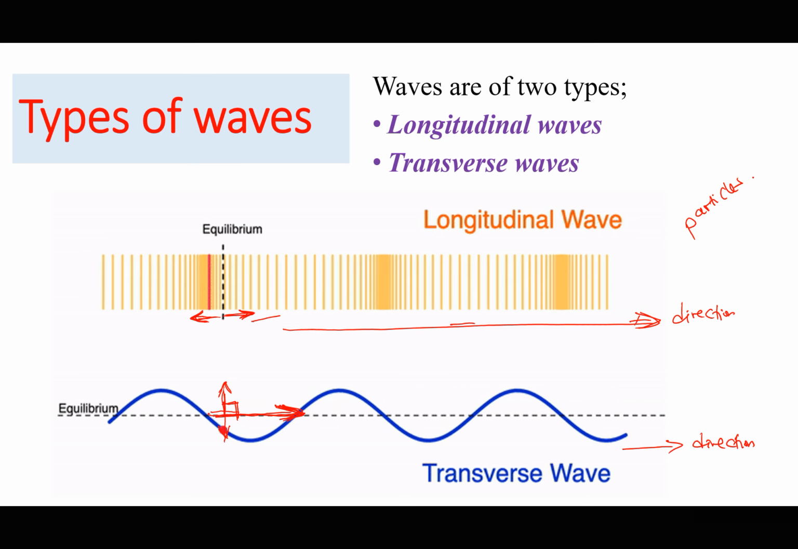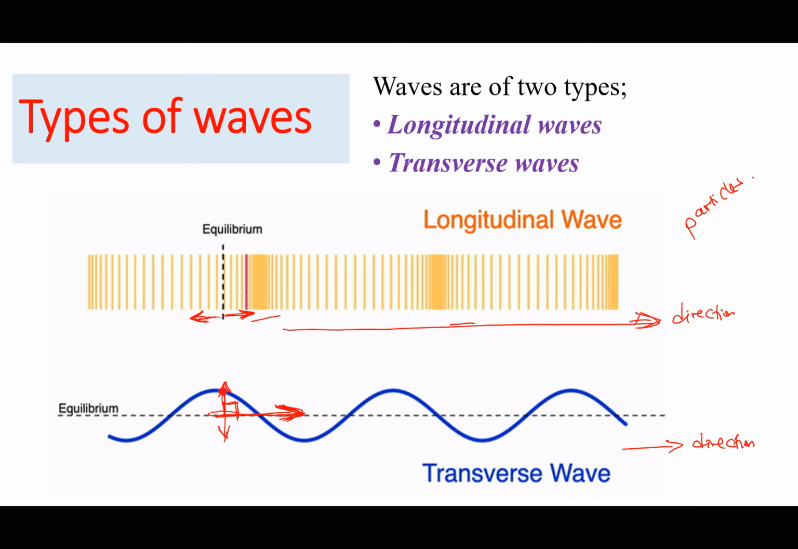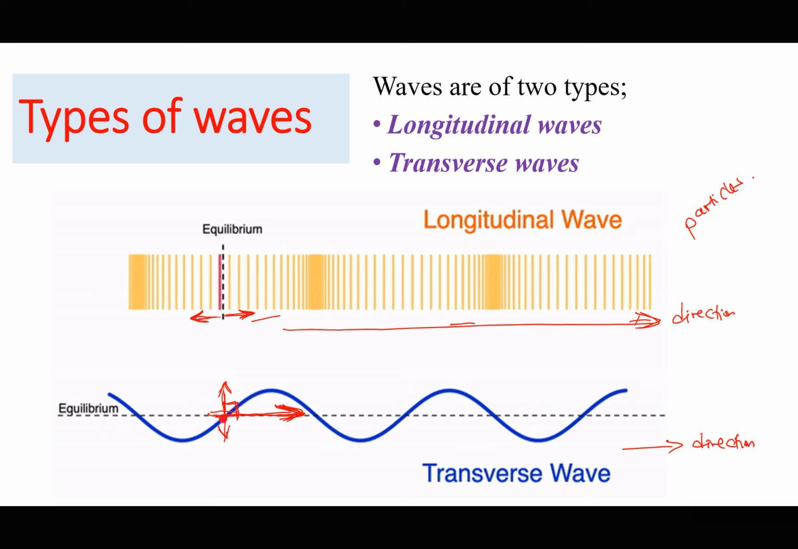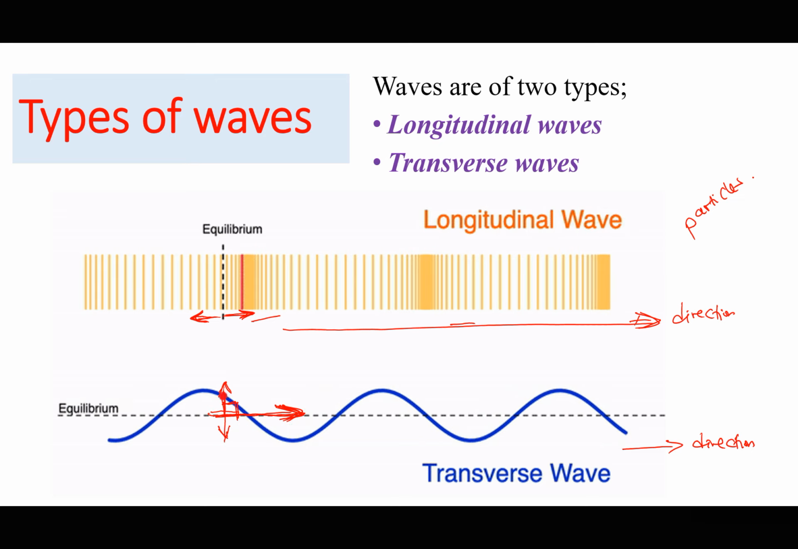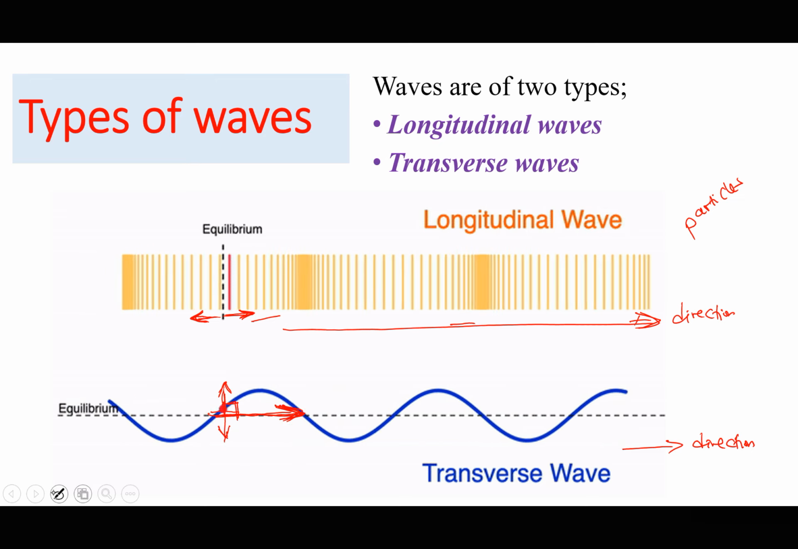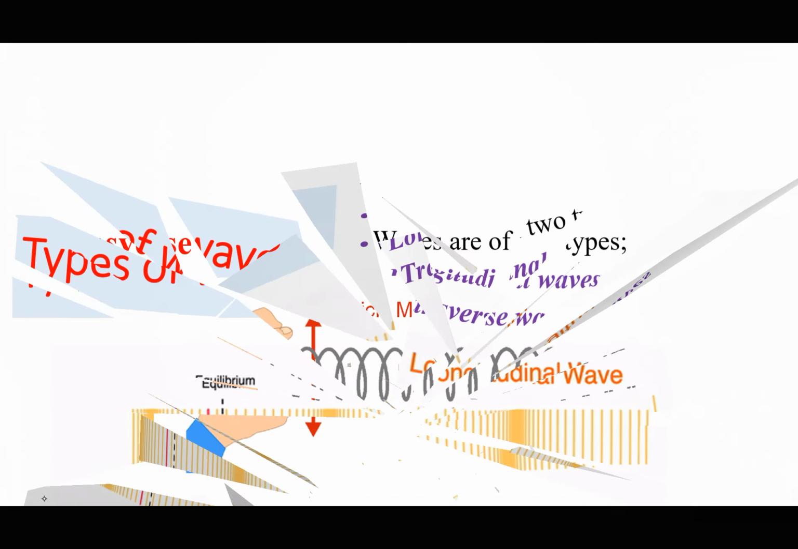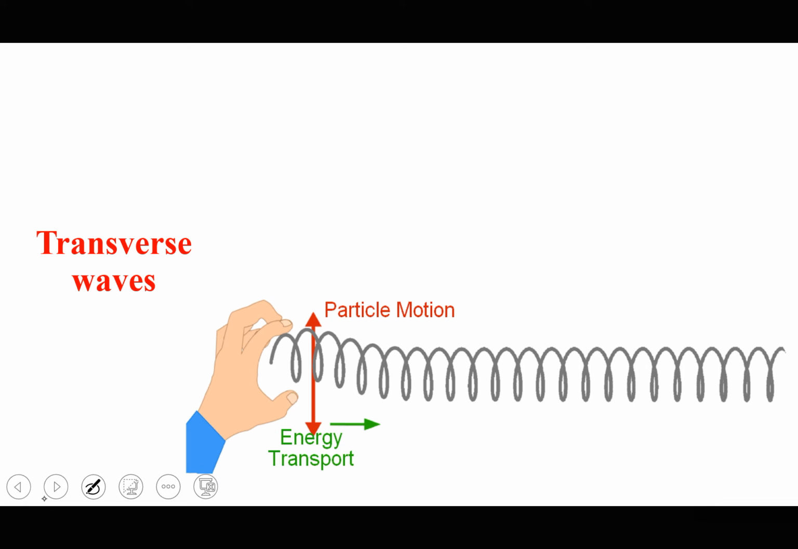For longitudinal, they vibrate parallel to the direction of propagation of energy. For transverse, they vibrate perpendicular to the direction of propagation of energy. That is the major difference between these two. So we are saying for a transverse wave,